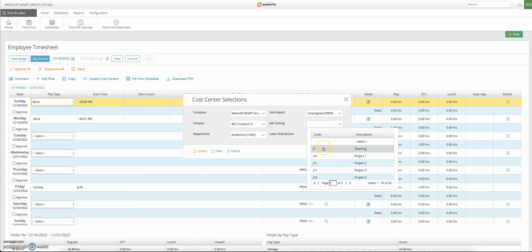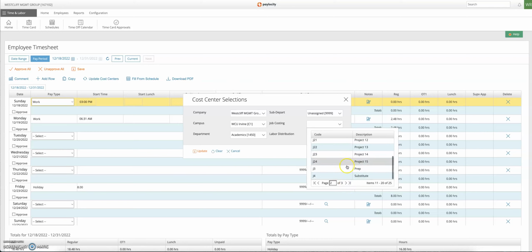But for teaching purposes, anything, literally anything to do with your class, from teaching, grading, prep, you want to choose either teaching, or you can scroll down, and then there are different pages here. Page 2 will show grading, prep. Then you have substitute, dissertation committee chair, dissertation committee member, IRB committee, faculty senate, and department meeting. So in general, if you're doing something regarding your classroom, that would either be teaching,